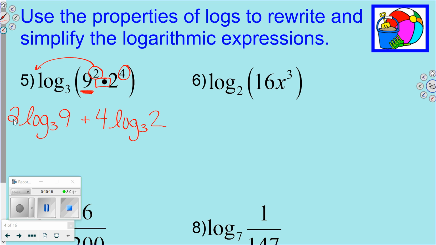And you're like, why on earth did I do that? Can you simplify that? Do any of these simplify? 3 to what power equals 9? 2. Yeah, we got to make sure we're thinking in terms of exponents, not just multiplying. 3 squared is 9. So this part right here is literally just a 2. There's a 2 in front of it. So that becomes 4